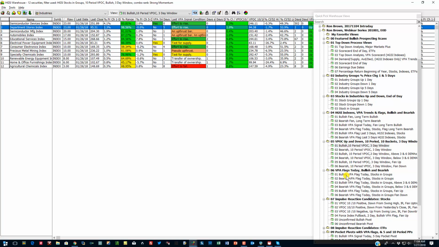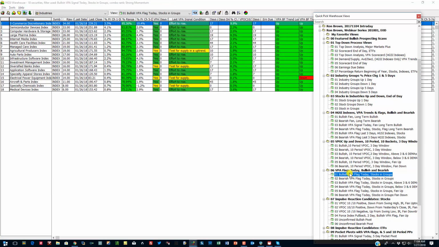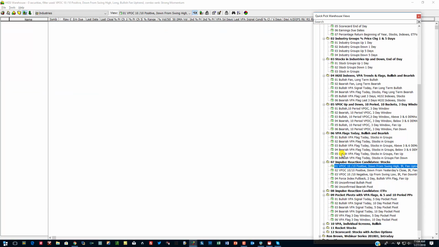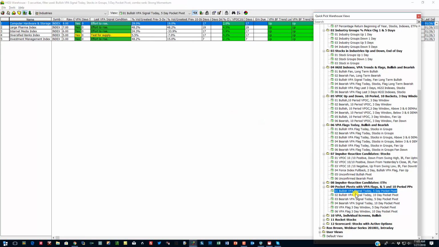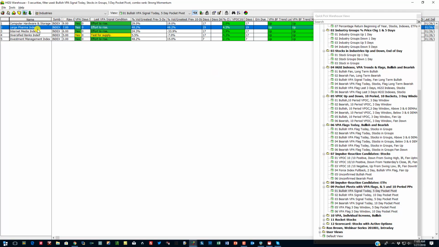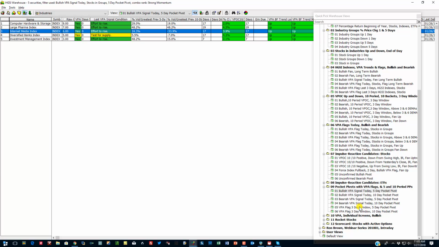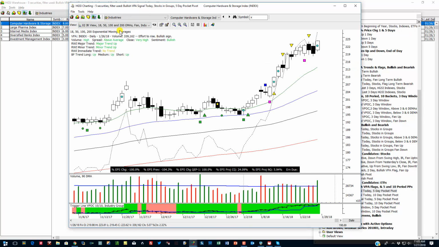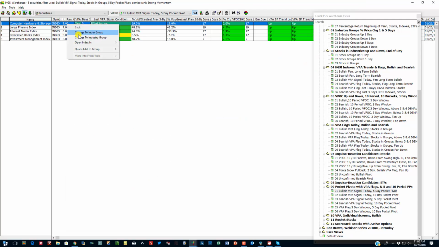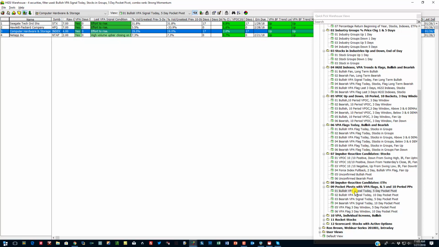Now the next one down is VPA flags bullish and bearish. On the indexes, I'm sorry, I think I am duplicating some of these. Pocket pivots, bullish VPA signals today, 5-day pocket pivot, computer hardware and storage, large pharma, internet media, and so on. Just a variety of ways that you can prospect, and then you can go down to the industry groups, and I'm looking for stocks with 5-day pocket pivots,